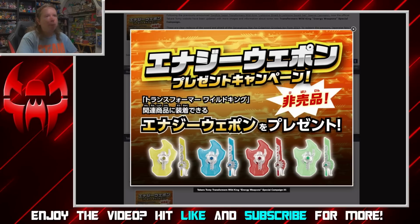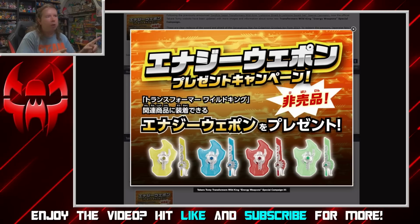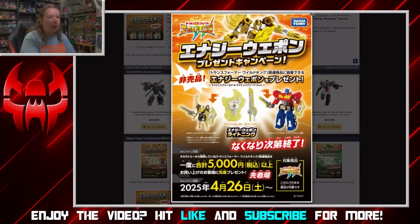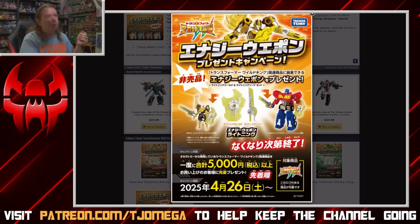So, remember last week when I told you about the energy weapon campaigns that Takara is doing in Japan? Okay, so here's the official photos for all of them. In the case of all of these, you have to buy $5,000 worth, or $5,000. Oh, wow, that would be really rare. 5,000 yen. That's much more reasonable. Spend 5,000 yen on these brand new Transformer toys at participating retailers, and you will get the sword and shield